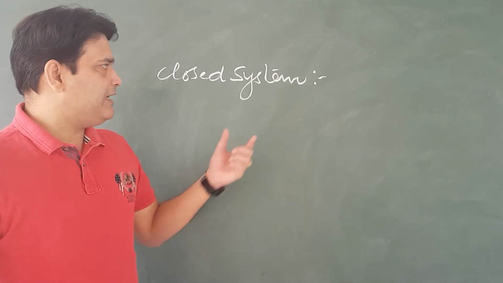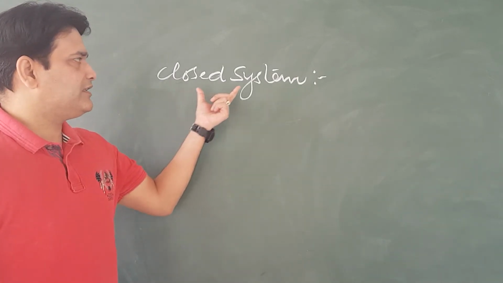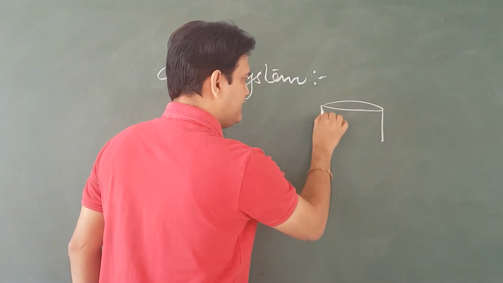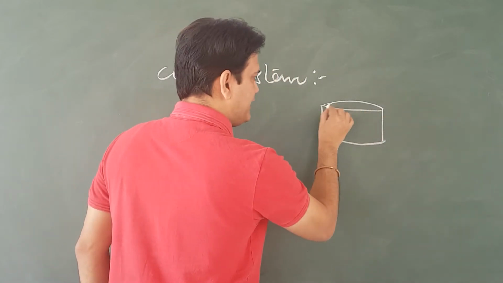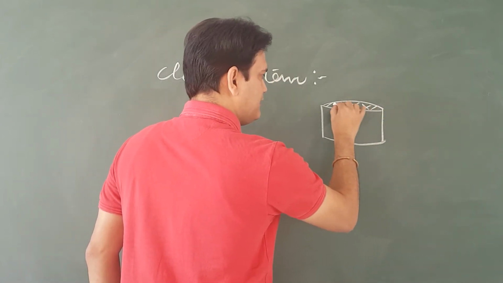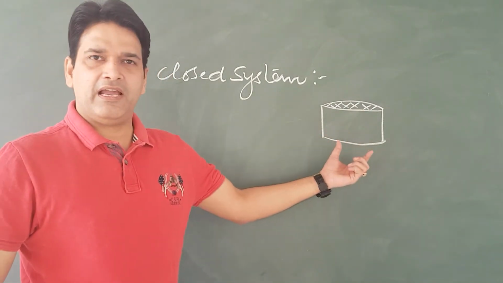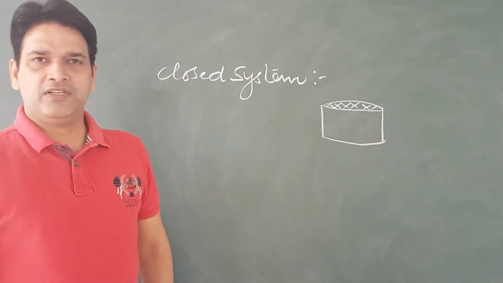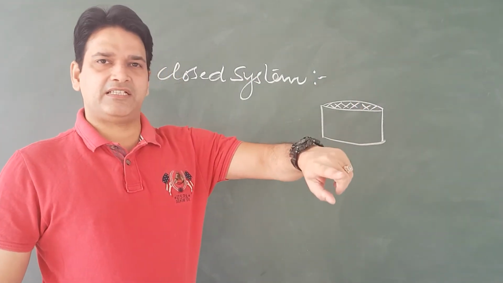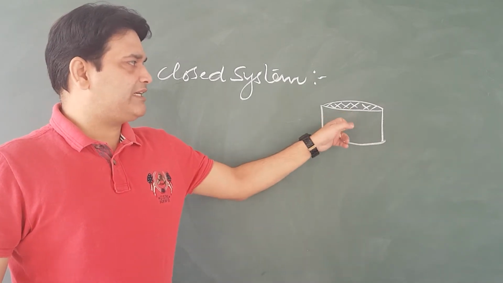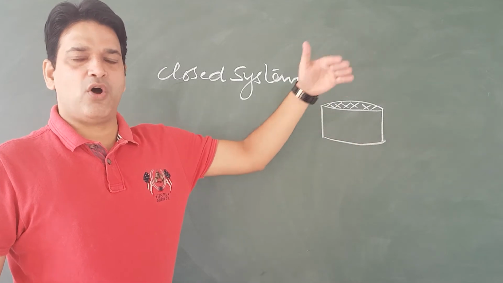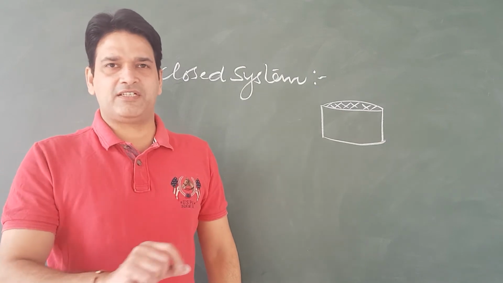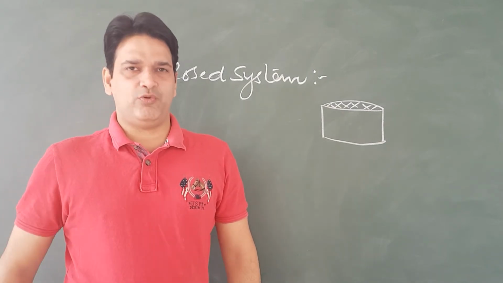But in this Lippmann equation, we will use the closed system, just like a cup of tea if we are having and it is covered. A cup of tea, but it should be properly covered. It becomes the closed system. Now from this, energy can be exchanged with the surrounding, but the matter of the container will not be exchanged. So this is called the closed system. This type of system we take in the Lippmann equation.